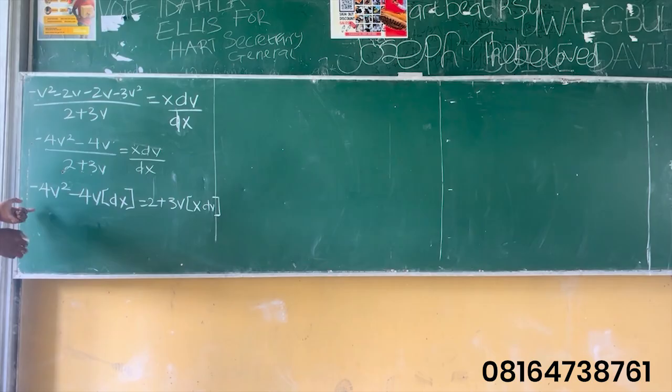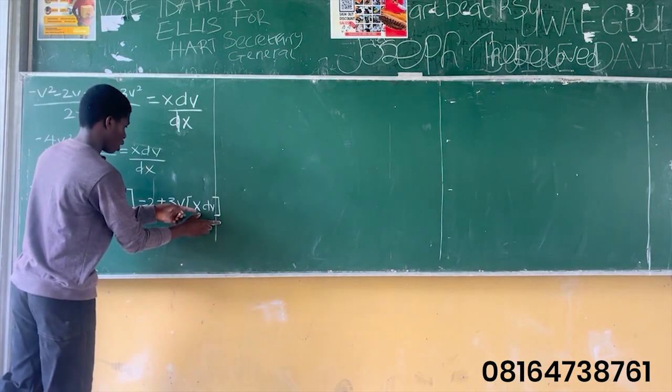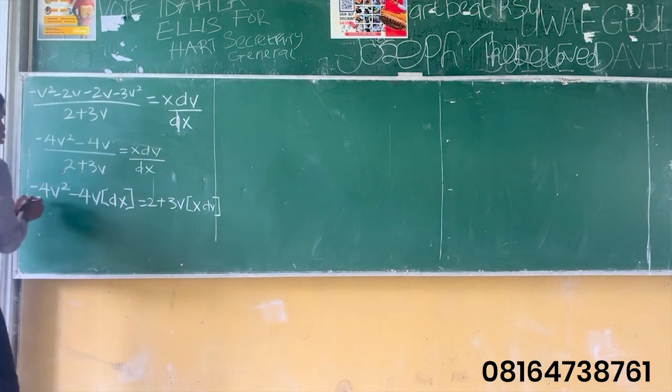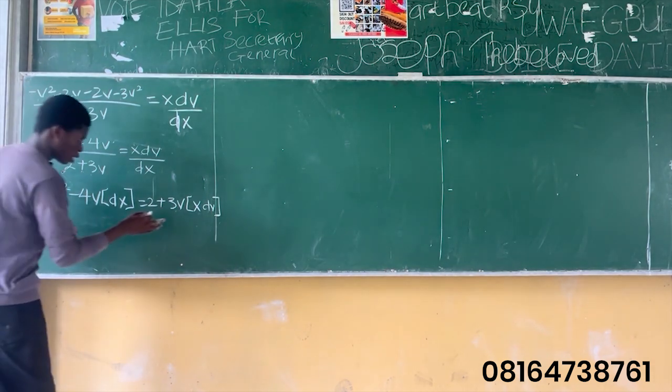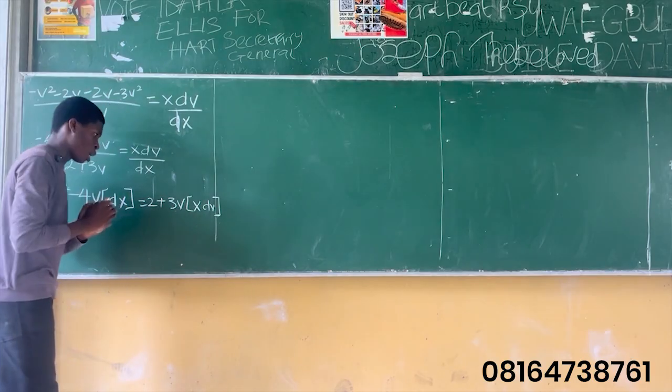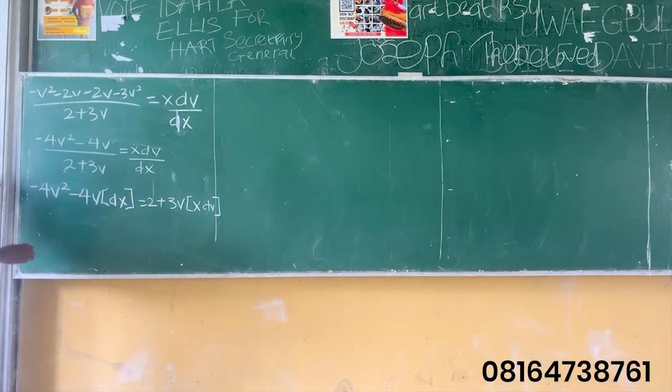So now we are going to be dividing all through. We want the v's to be on one side and we want the x to be on one side. So this, we have the v's on one side. We are going to be dividing through by the x. So what we are going to be doing is multiplying through by 1 over x. Since this v and this v are on one side, we multiply through by 1 over x. So we're left with 1 over x